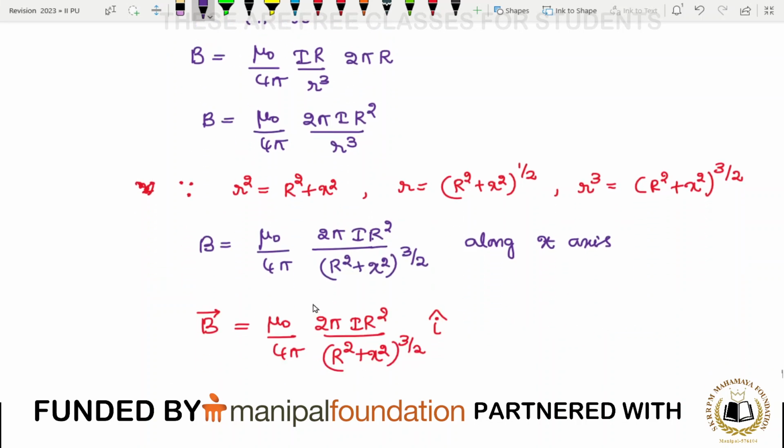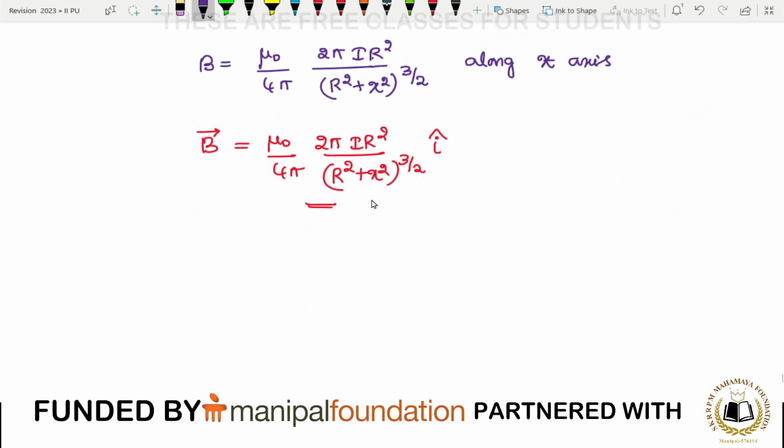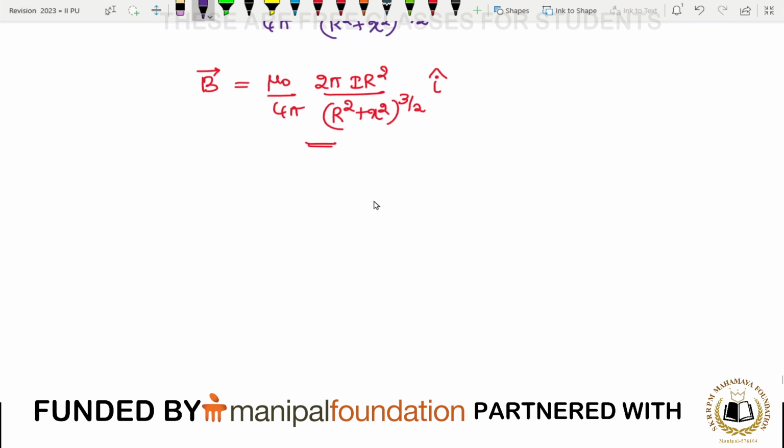So B is equal to mu naught by 4 pi, 2 pi I R square divided by R square plus x square to the power 3 by 2, along the x axis. If you want to write it in vector form, you can write it like this with I cap, because the x axis is indicated by I cap. Next, for a coil of n turns,